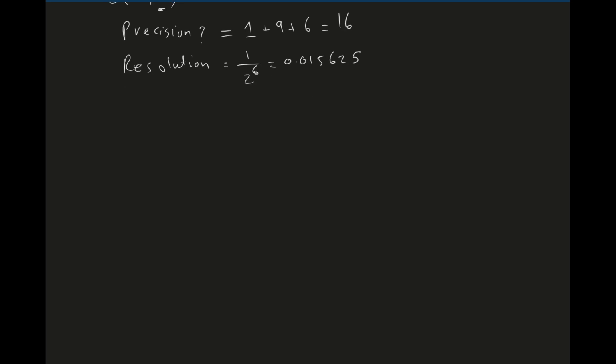The accuracy, you divide the resolution by half. The range will be the minimum value, which will be a negative sign, so the sign bit will be 1, and then the remaining bits are going to be equal to 0, and then the largest value will be when the sign bit is equal to 0 and the remaining bits are equal to 1. You take the difference, and that will give you the range, and then the dynamic range